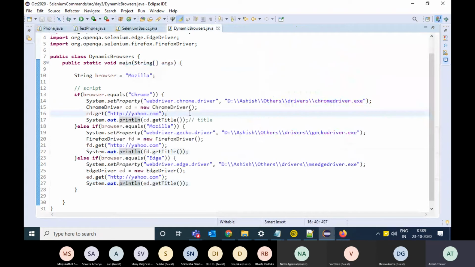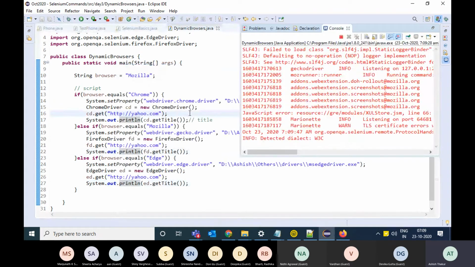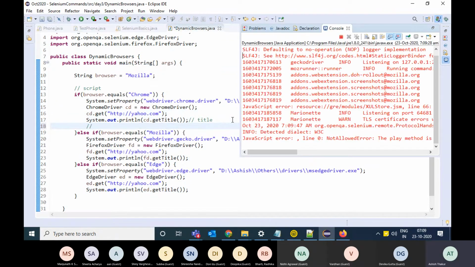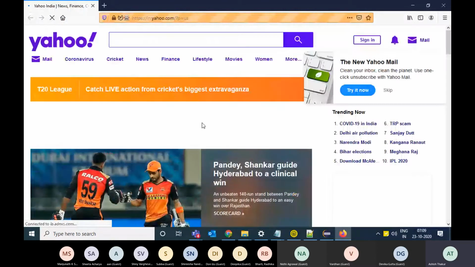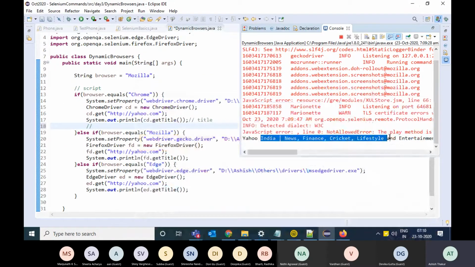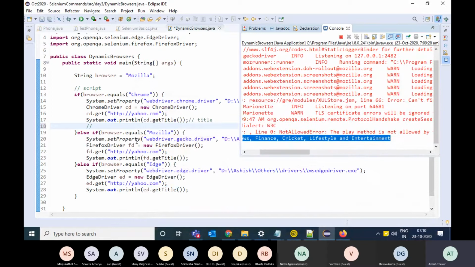Because you see Firefox is opening, right? You see that this prints the title of the page, right?